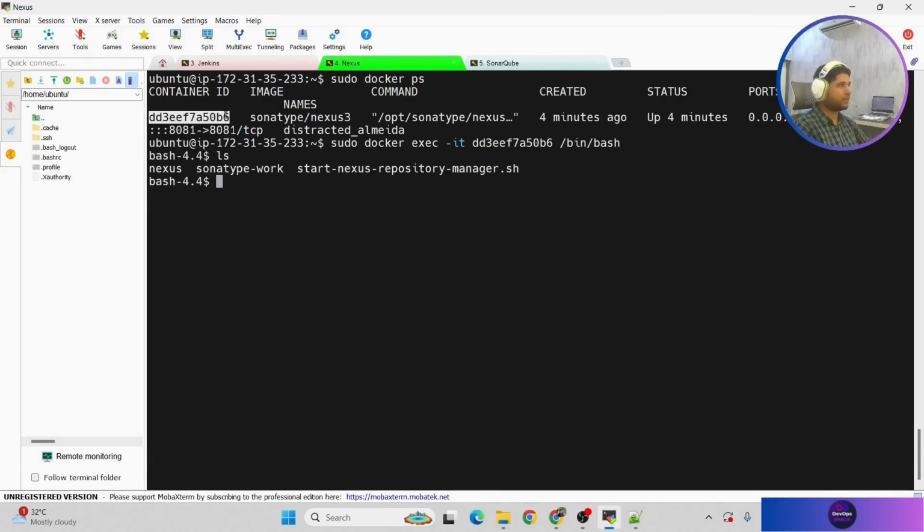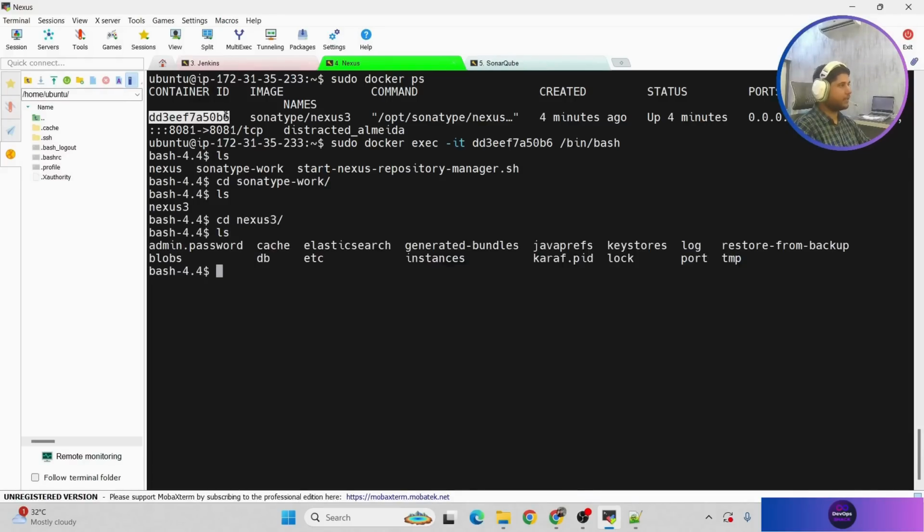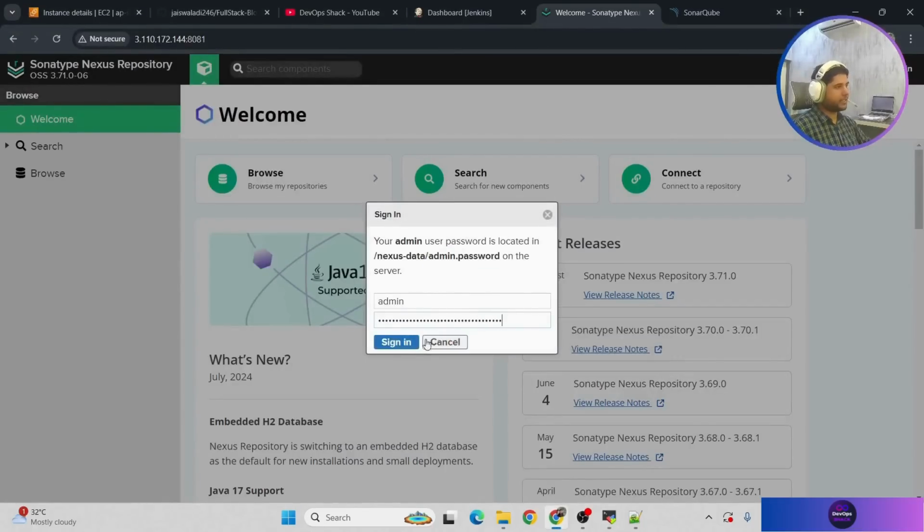If I run the ls command, we can see all the files. Now where do we have to go? We have to go inside sonatype-work. Here you see nexus3, go inside it. Now the first file that you see, you can tell me, is admin.password. That is the file that we are looking for, right? So I can run the command cat, copy this file, paste it here, click enter. And this is the initial admin password for our Nexus. Make sure that you copy only the password and do not copy the bash prompt also, right? Copy that, we can paste it here, click on sign in,